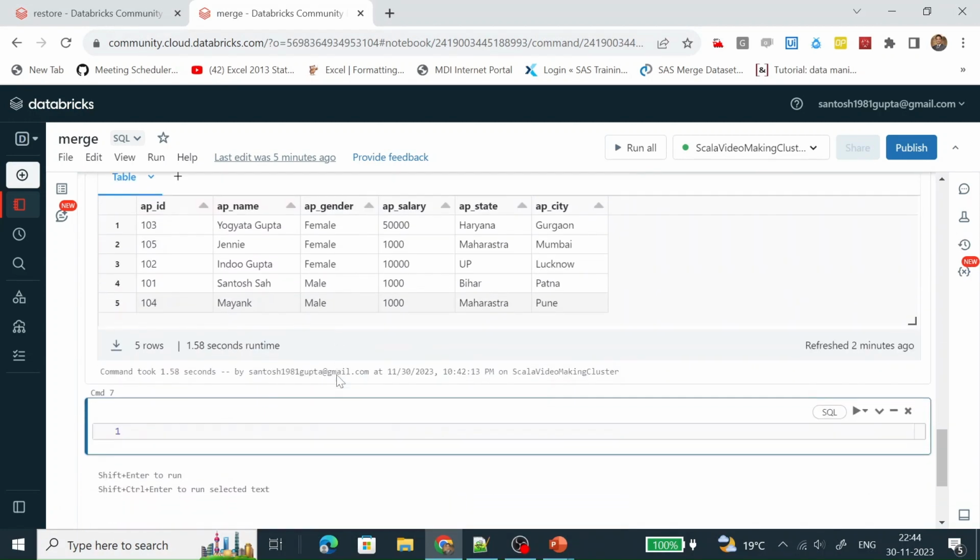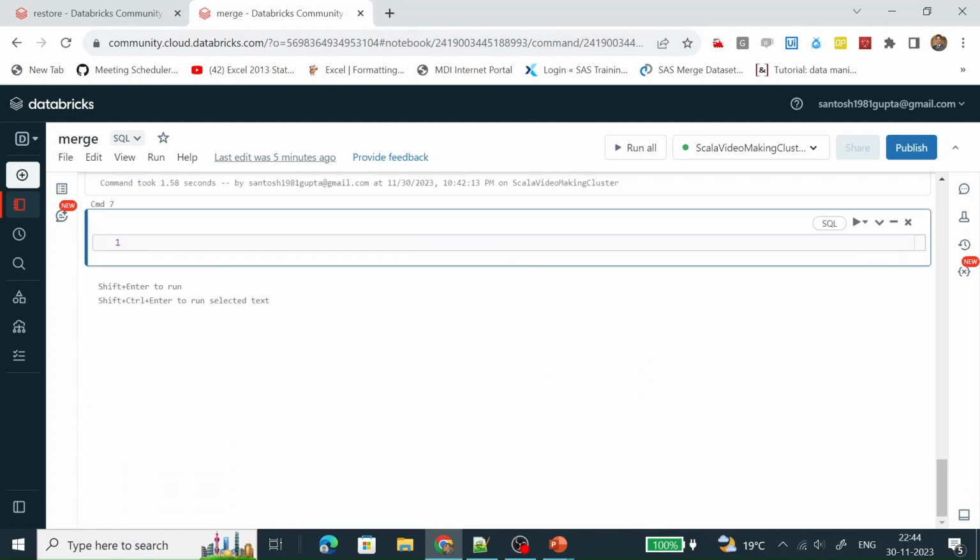Here, what we are going to do? We are merging these two tables which we have created. We are going to do the merge with the help of a merge into. We are going to merge into AP source, not target, AP source.